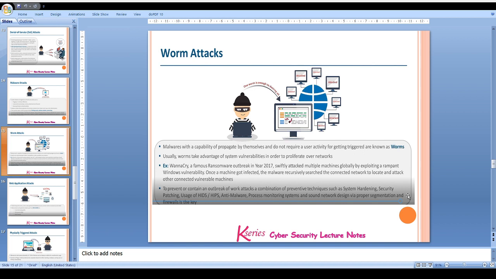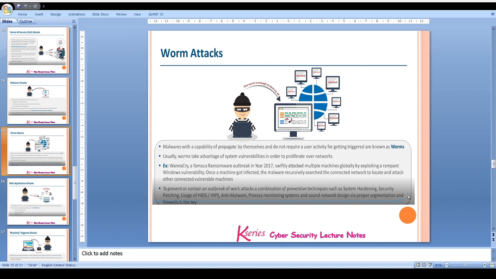Worm attacks. Now, worms take advantage of system vulnerabilities in order to proliferate over networks. These are malwares with the capability to propagate by themselves and do not require user activity to get triggered.